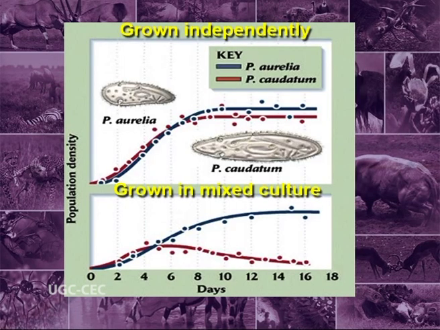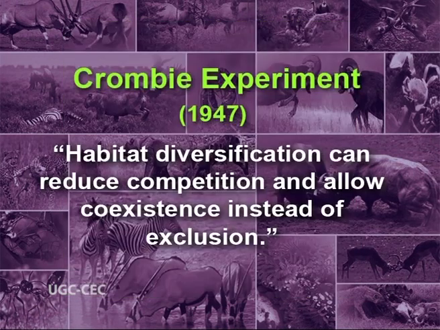out that both the species approximate to logistic growth with a sigmoidal growth curve when cultured independently. But in mixed cultures, Paramecium aurelia survives and Paramecium caudatum dies out. It has been proved by the experiments of Crombie in 1947 that habitat diversification can reduce competition and allow coexistence